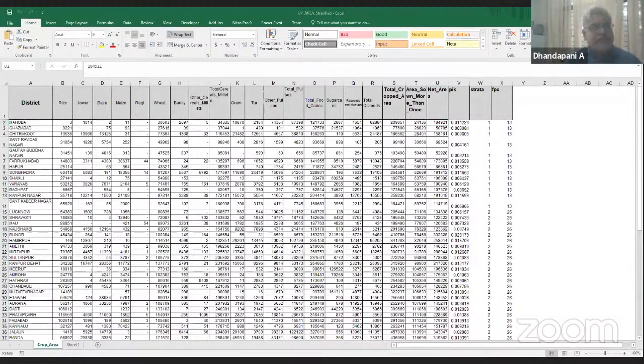So these are my districts. Now, I have several variables. These are area under different crops. So for example, I want to select based on, let us say, the net area. If the net area is more, then they are agriculturally important. So one way is, for example,